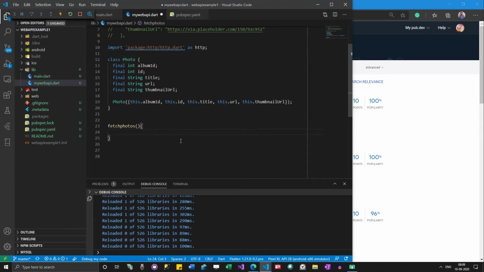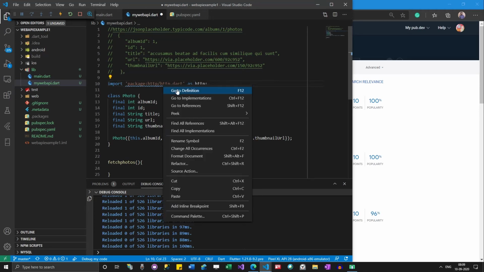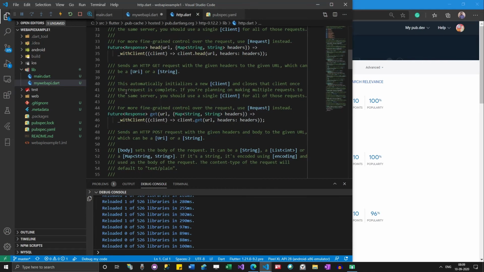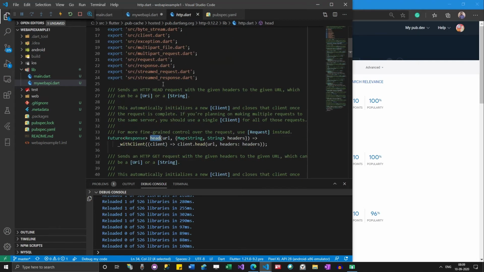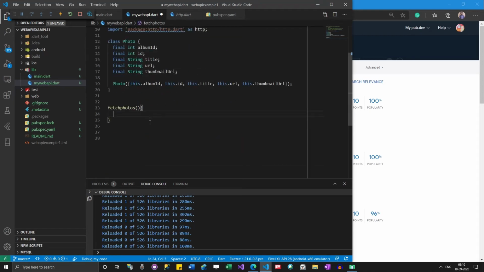The reason I gave the import the name HTTP is that it helps to read the functions that are given in this package. If I want to access head, I can use HTTP dot head. Likewise, it makes me understand that this is from this package.